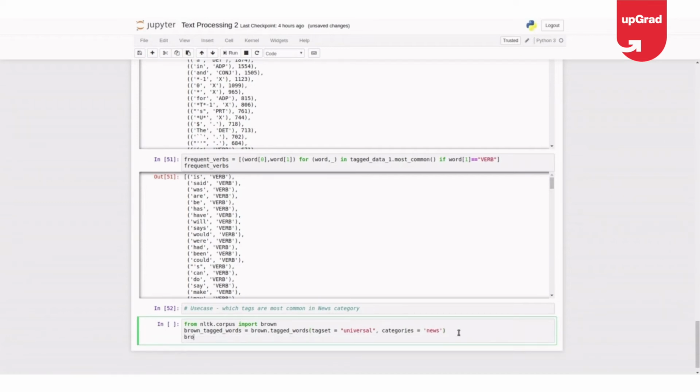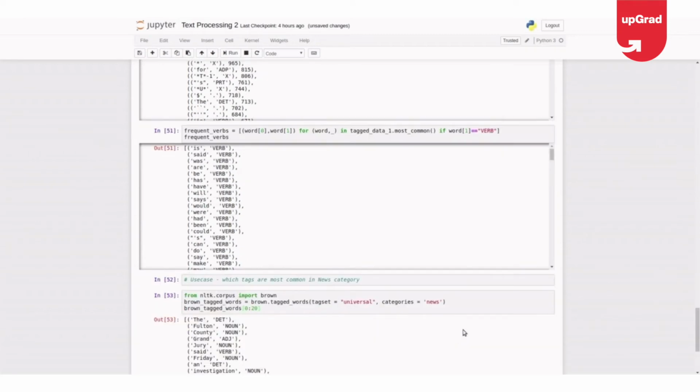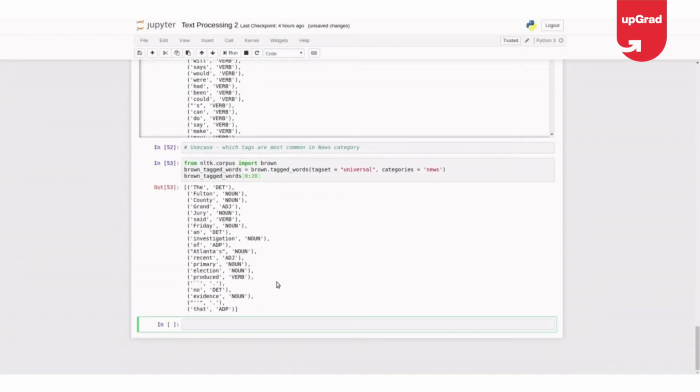Okay, so let me just print the top 20 tagged words of the Brown corpus. These are the top 20 tagged words of the Brown corpus that are part of news.